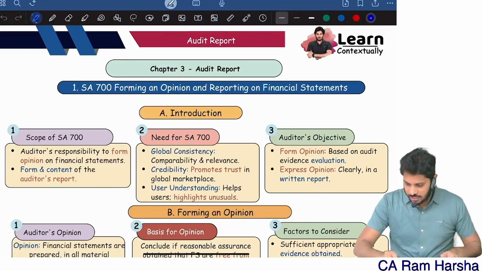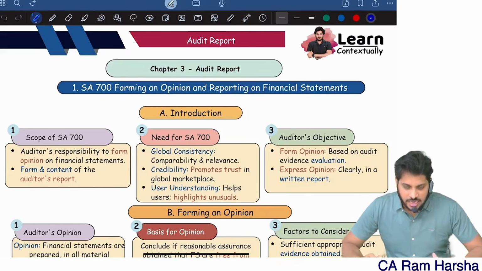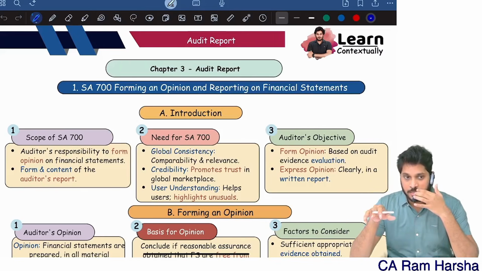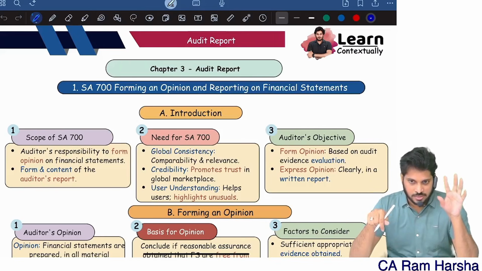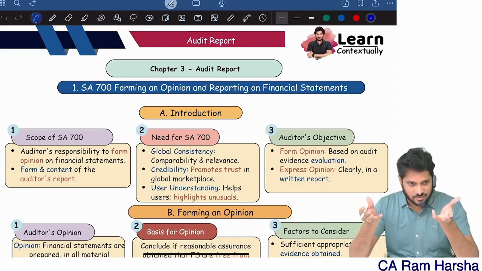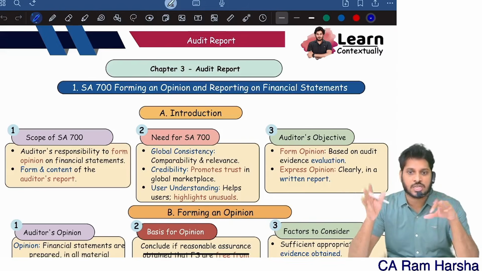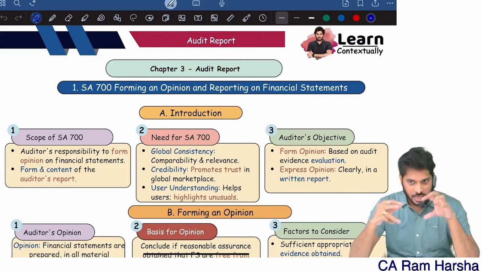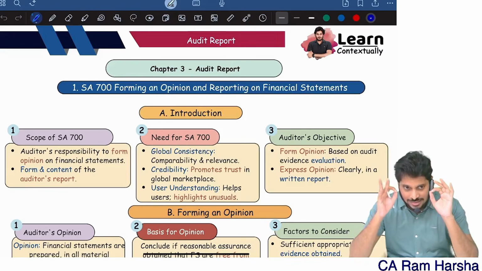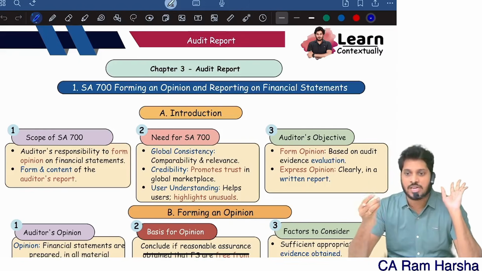Yes, let's begin the audit report topic revision. Here I will not give a detailed conceptual explanation. I already gave one revision, the GOAT notes based revision for audit report. Inside that I also showed drafting, how opinions will be drafted in case of different types of opinions, how I took real audit reports and then showed examples, all that, in the revision class itself. Here it's purely theory oriented, just for recap, remembering purpose, for a quick revision purpose.